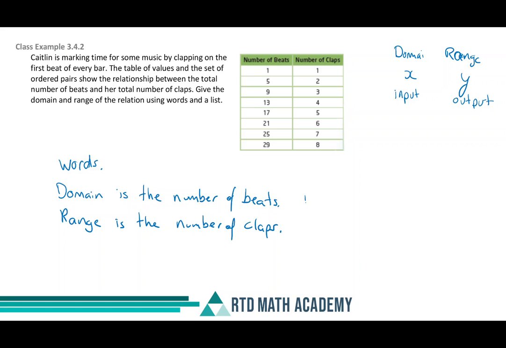Okay, I'm going to put a D with a colon and a squiggly line, and I'm going to list the number of beats. I've got 1, 5, 9, 25, and 29, and I'm going to close up that bracket. In our range, we don't repeat any numbers, so I'm just going to check. I've got 1, 2, 3, 4, 5, 6, 7, 8. Okay, so we've got